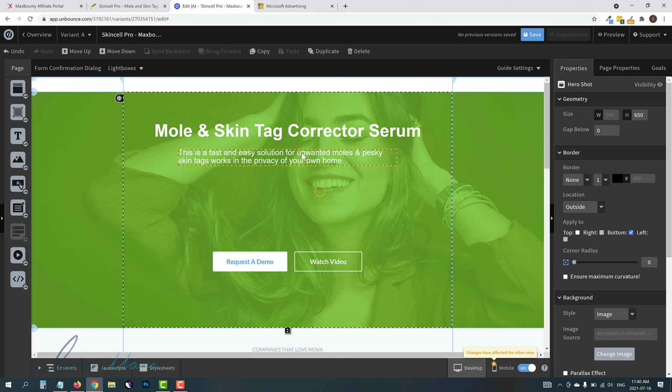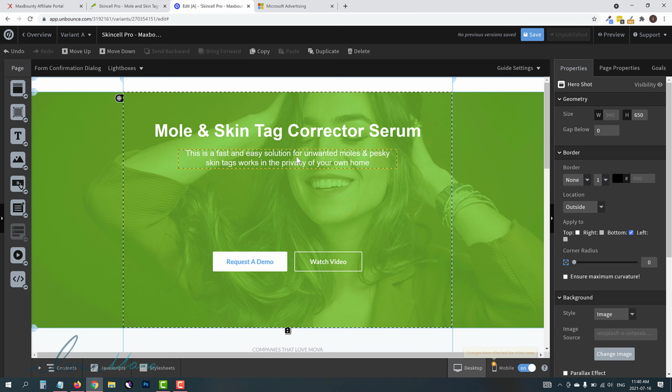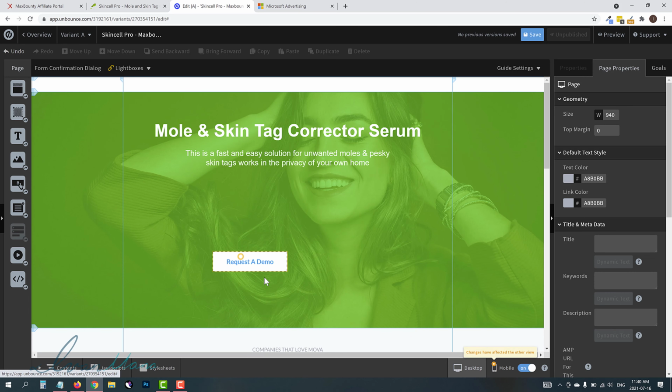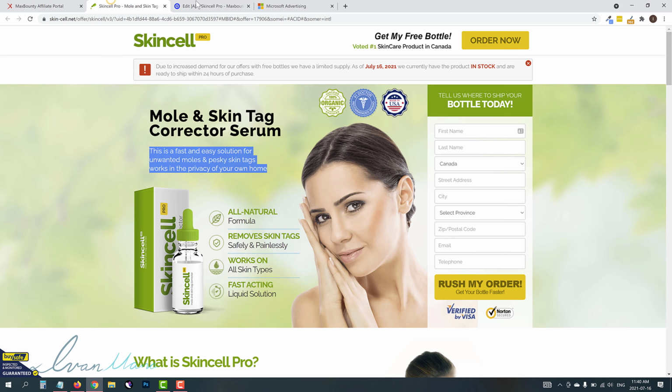We can center the actual text there, and then we can increase the line spacing a little bit. There you go. Okay, so something like this. As an example, we don't need 2 buttons, so we're going to delete one. We can have 1 button, and then on the button, what we're going to do is